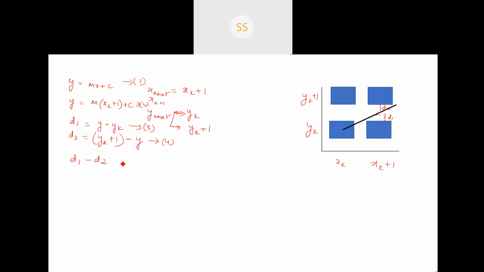To do d1 minus d2, I'll just write down what is d1. My d2 is said to be yk plus 1 minus y. Okay, so that is my d1. I'm subtracting it from my